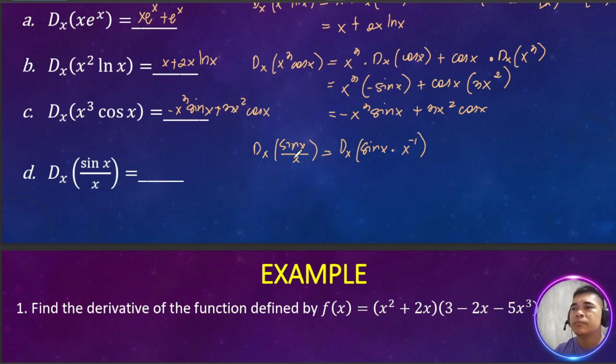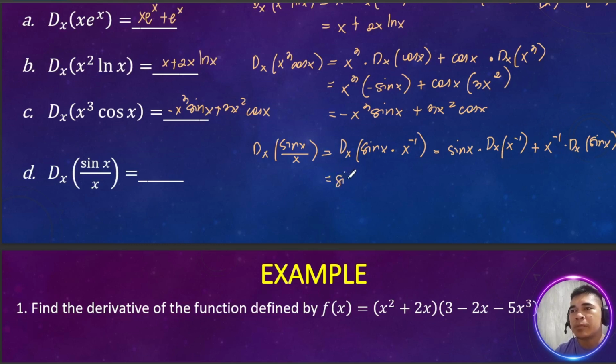Right? The exponent of this x is positive 1, so to bring it back to the top, you get negative 1 as an exponent. Now, you may apply the product rule. So, we get sine x times the derivative of x to the power of negative 1 plus x to the power of negative 1 times the derivative of sine x